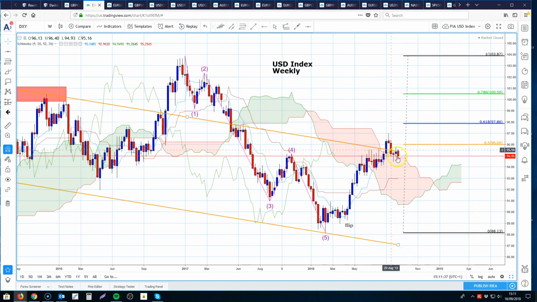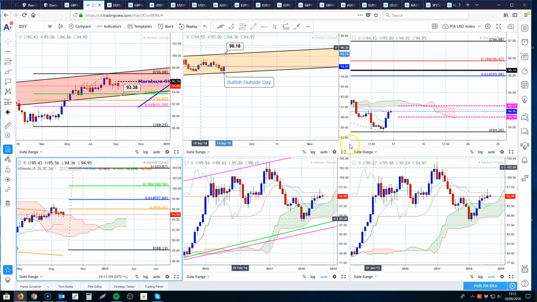But obviously in shorter time frames, which is what we're concerned about at the moment, we've got an evening star formation here, this 3-wave pattern. Now that often signals the top of a trend and a reversal in price action. However, price inside the weekly Ichimoku cloud last week has found buyers, and if we break down into shorter time frames,